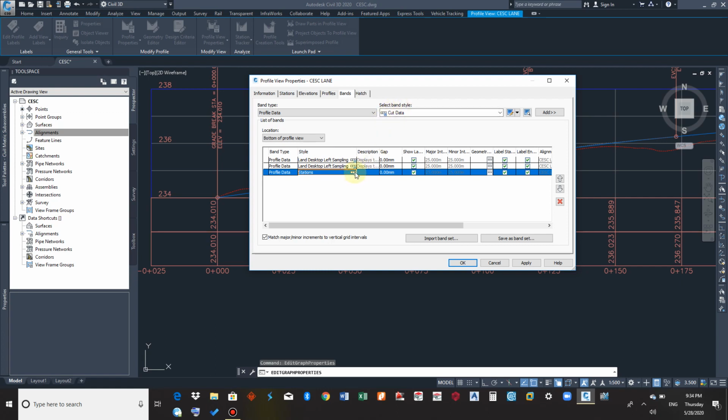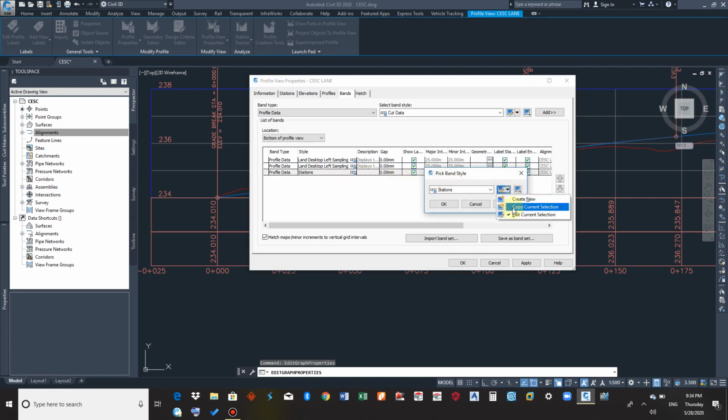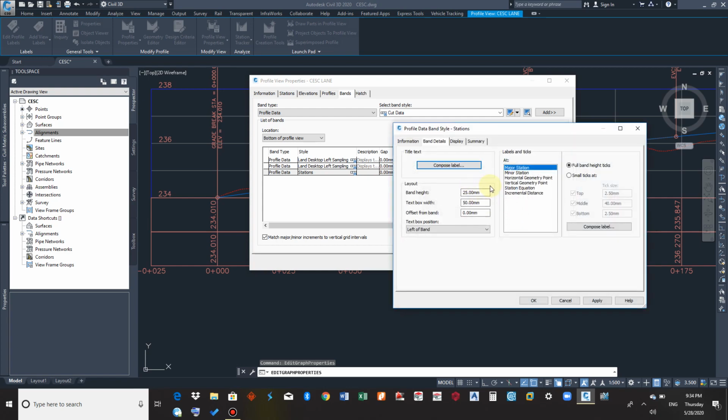To do that, select on those three small boxes and go for edit current selection. Now here you want to change the orientation of this station. Hit the compose label icon here,